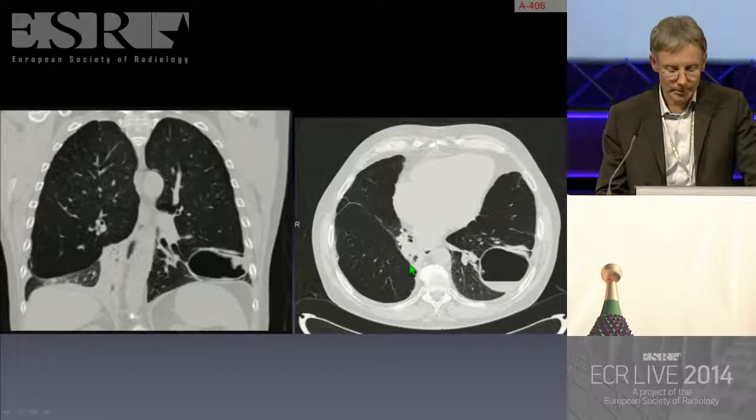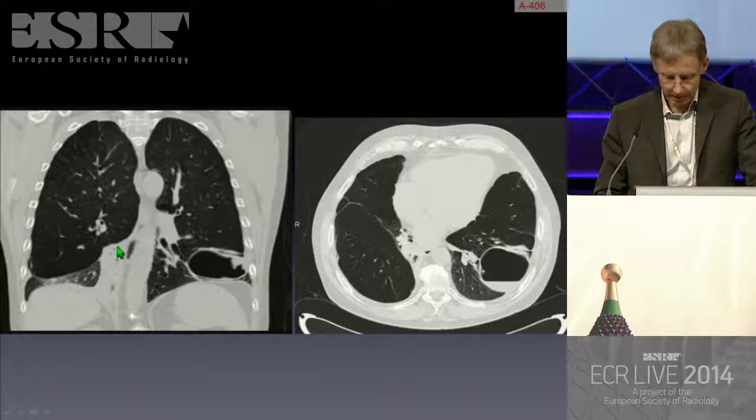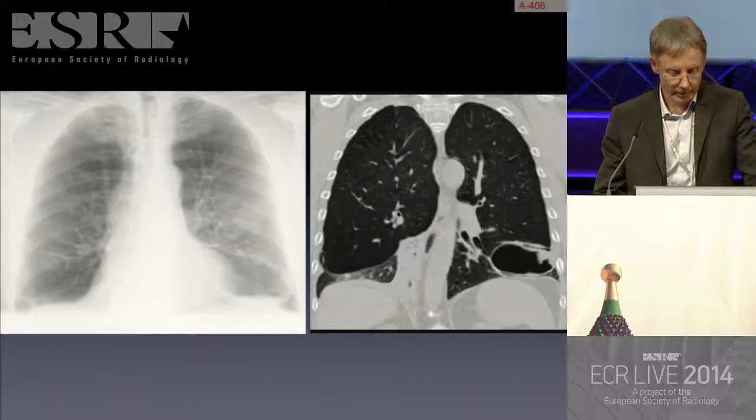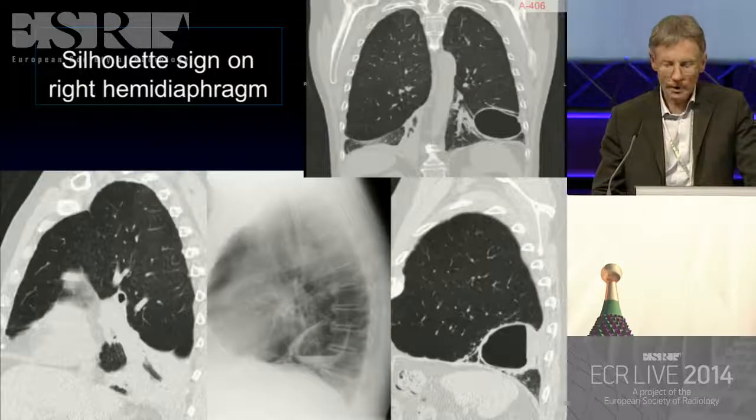But there is displacement of the major fissure, and these signs can be seen on the film, which was not reported. So this straight line here, the loss of the right heart border, and on the lateral view,